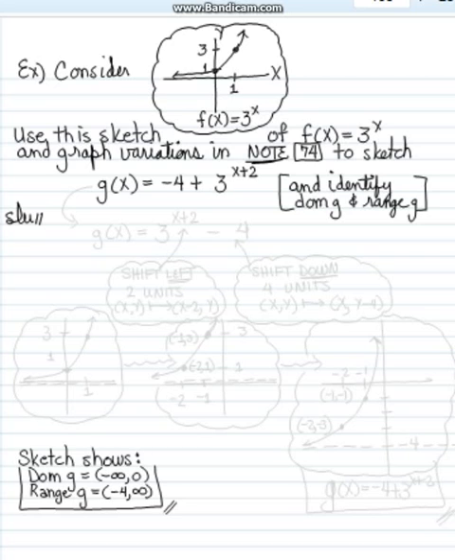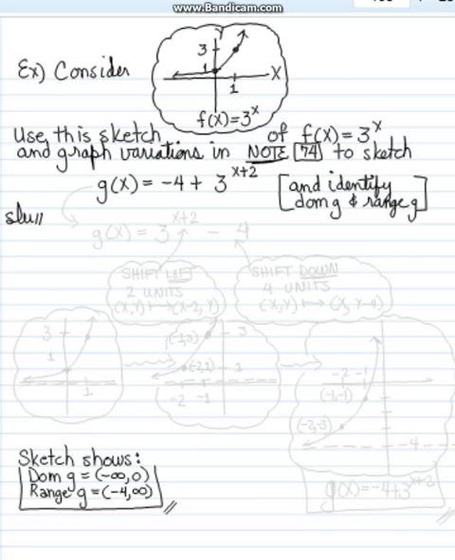Now keep that in mind because we're going to use translations to do a variation of this graph, and we want to remember those 2 points so we can make changes to them. We're going to use this sketch of f of x equals 3 to the x, and we're going to use the graph variations that were described back in note 74. So go back and review note 74 in order to sketch this new function